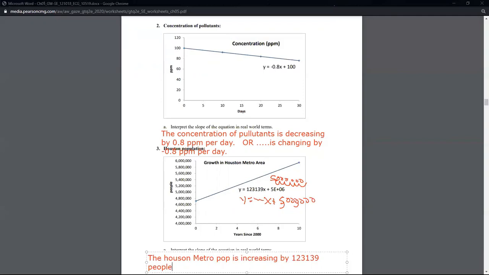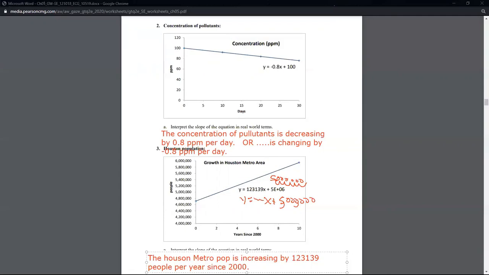So from the year 3000 BC to the year 2999 BC, because they go down, did the population increase by 123,000 people? No, that's a horrible model. But if we only talk about things since the year 2000, since Houston has been established as a metro and is growing at a pretty consistent rate, then it can make sense. So just saying people per year, things get a little sketchy. But by saying people per year since some year close to us, that's how we can make population dynamics work